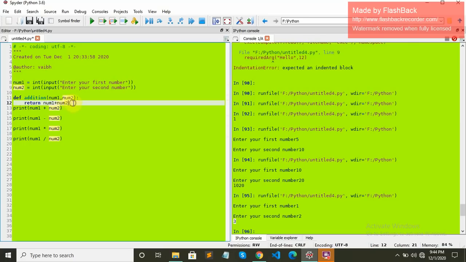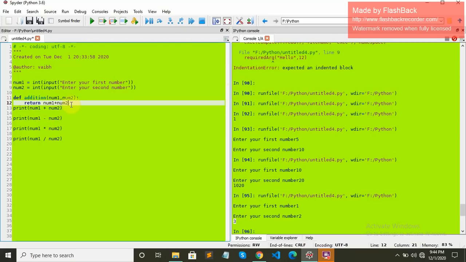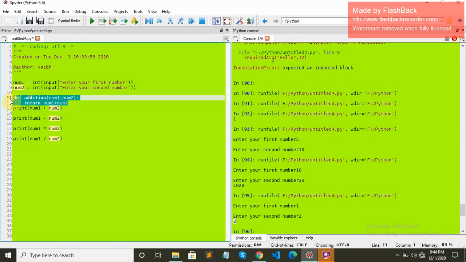You can also do it like that. This way you do not need to do these things outside in the print statement. You can do these things internally and then return the output after writing the functions. But to make this video simpler, I'm only using this kind of thing.